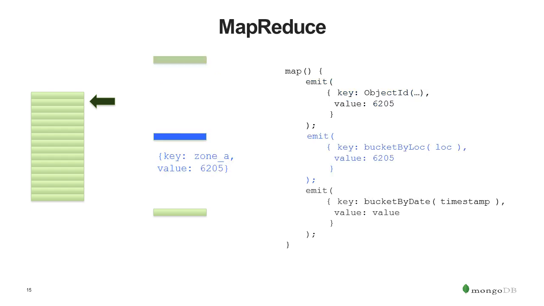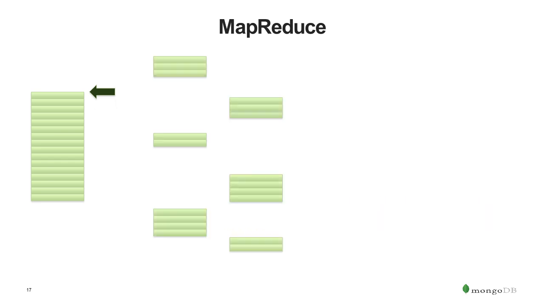The next thing that I emit is a subdocument keyed by zone, or location. I have a bucketing function, which you can see there on the right, that takes the sensor's position in coordinates and buckets it into a zone, and then I emit that with the value. And then finally, I do time bucketing: for a given hour, these are the average values that happen at this hour. I perform the same operation across all of my data, and I start getting these emitted documents,